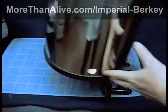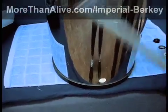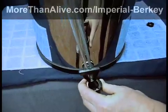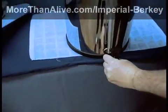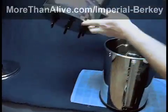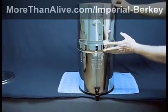Now we'll replace the water view spigot into the hole near the bottom of the lower chamber. Simply insert the spigot through the hole and be sure you've placed a washer on each side of the chamber wall. Then thread the nut onto the spigot. Finally, place the upper filtering chamber on top of the lower reservoir chamber, and the unit is ready to filter